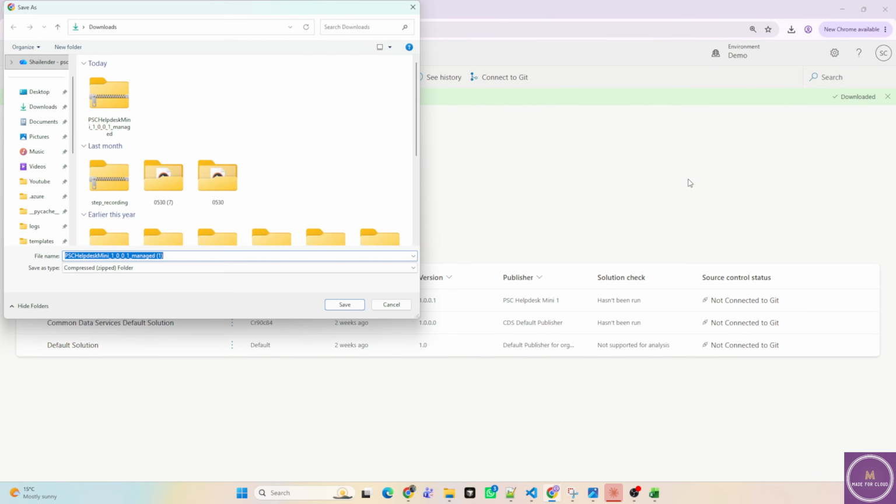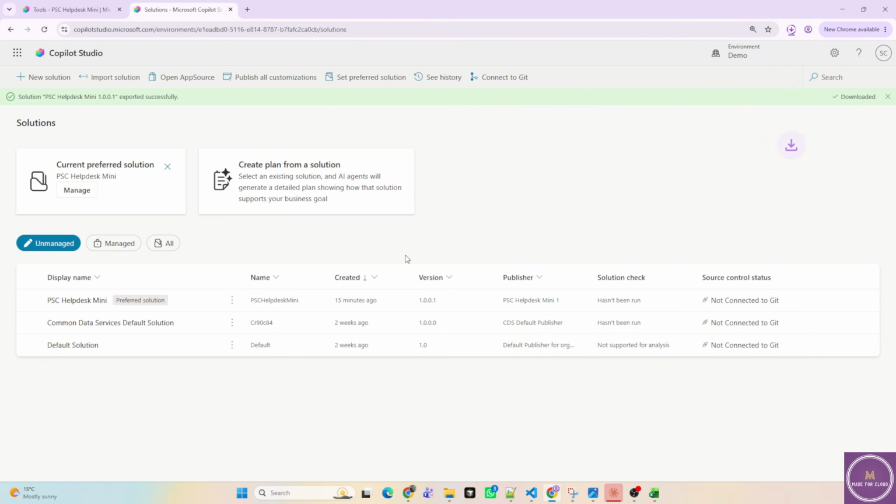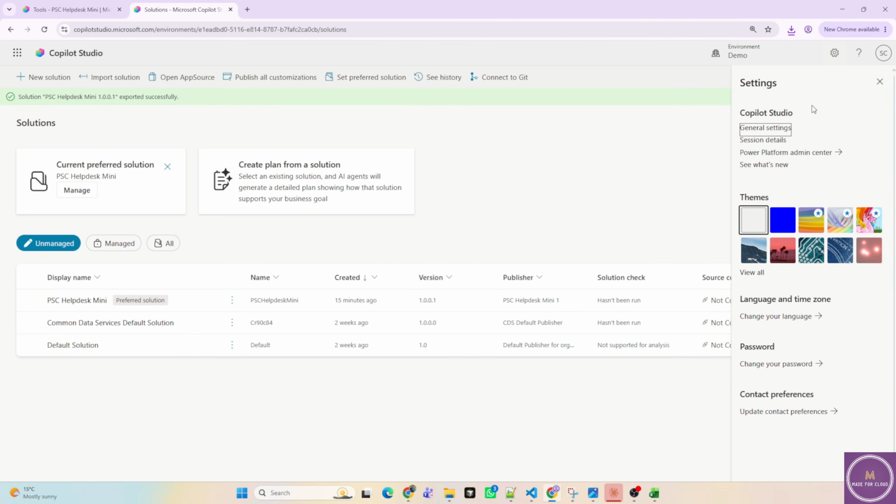Now let's download it, and I have downloaded it. Okay, now the next step is, because we are in the demo environment, the solution was here. Now we want a different environment, for example production or test, because this was dev, now we want to move it to test. So let's go to the Power Platform Admin Center